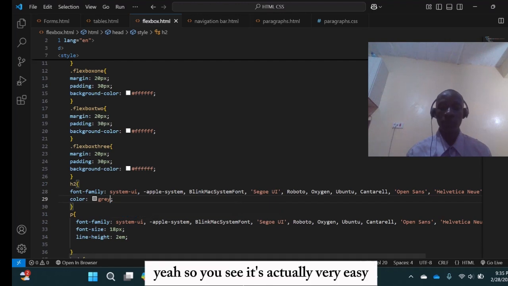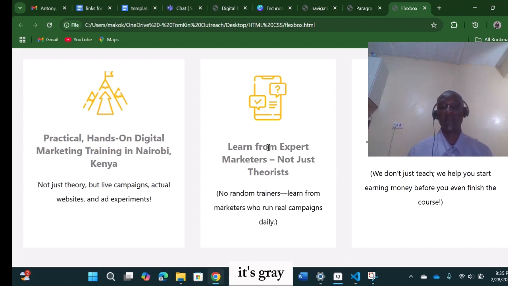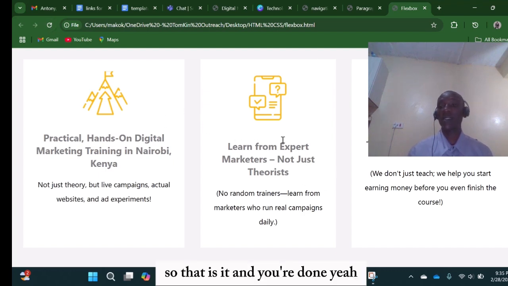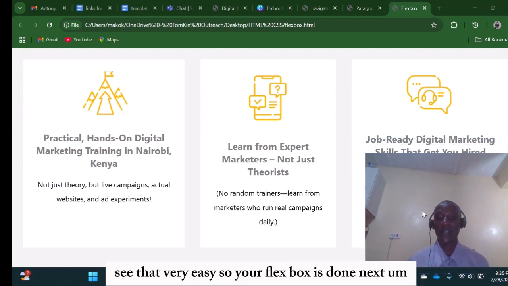Yeah, so you see, it's actually very easy. You can actually work on it. It's gray. So that is it, and you're done, man. See that? Very easy. So your Flexbox is done. Next,